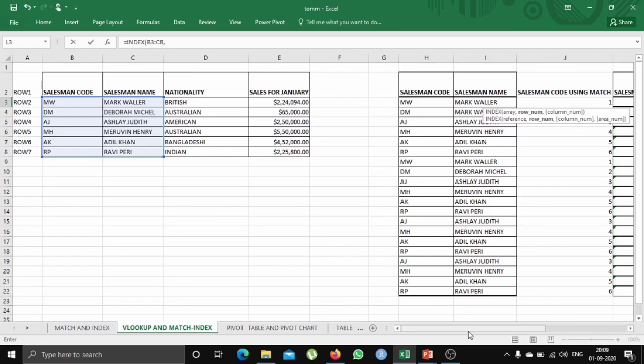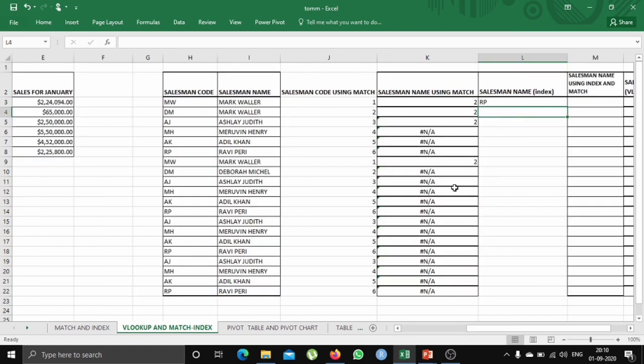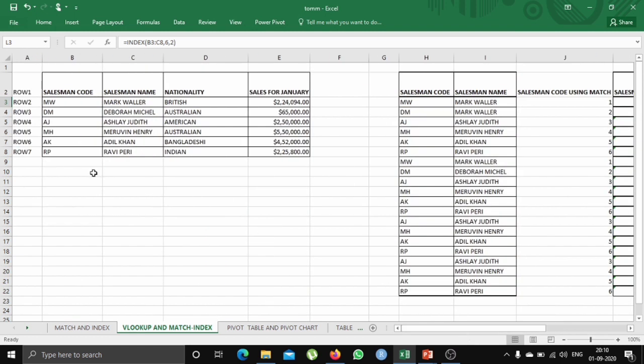So enter any random row number. Let's enter 6 and a random column number from 1 and 2. We have 2 columns, so enter 1. So we have got salesman code as we have entered the first column, but we want salesman name, so we'll enter the second column. So we have got the name Dhavi Perry for 6th row and second column. As you can see, this is the 6th row and this is the second column.